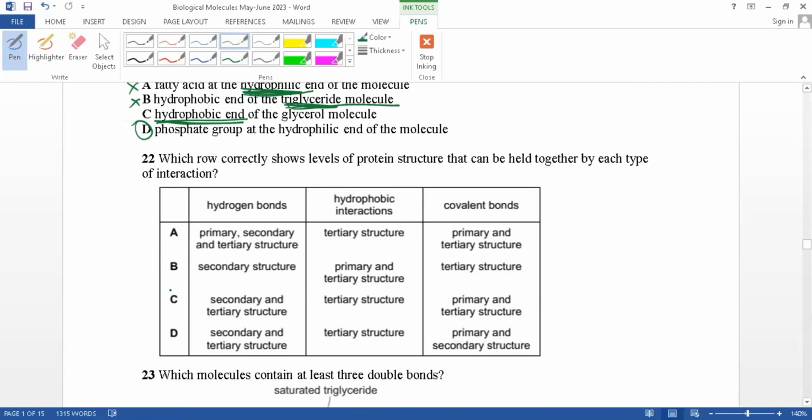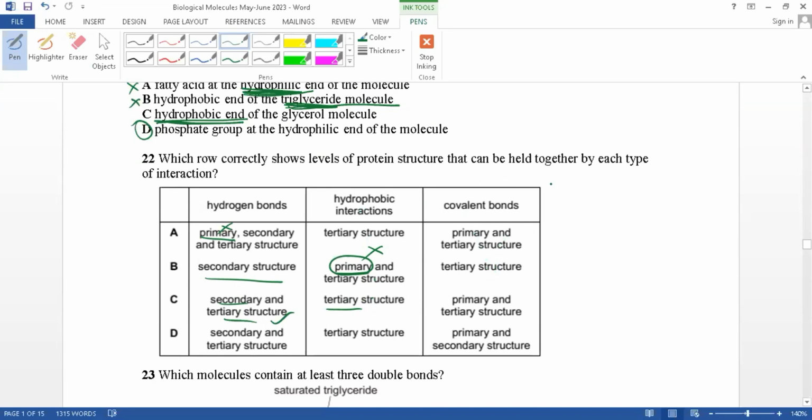Which row correctly shows the level of protein structure that can be held together by each type of interaction? So hydrogen bonds are present in primary, secondary and tertiary, not in primary. Incorrect. Let's move forward. It is present in secondary, hydrophobic interactions, not in primary. Primary has only peptide bonds, so that's incorrect. Hydrogen is in secondary, tertiary, correct. Hydrophobic in tertiary, and covalent bonds